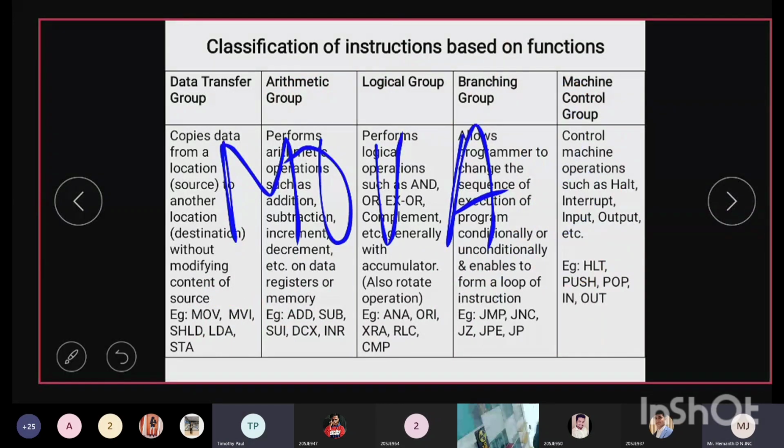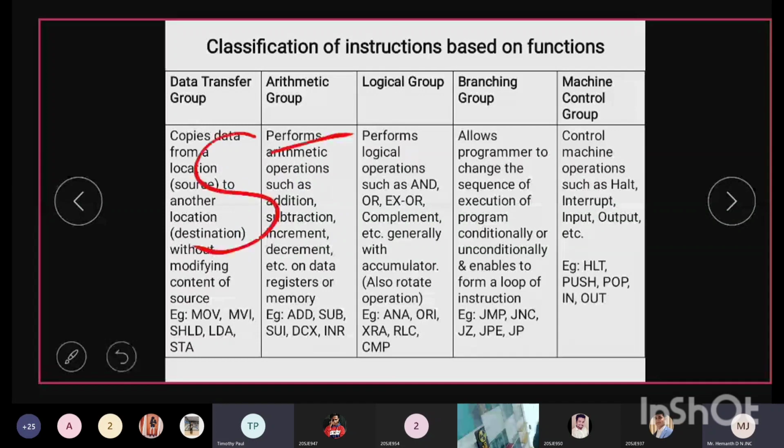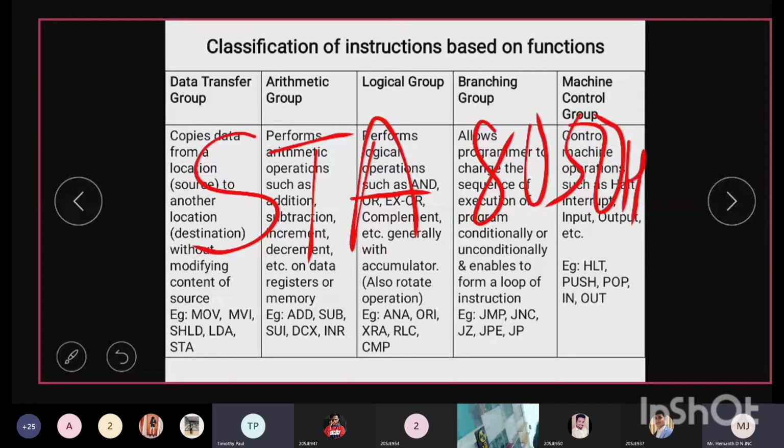Now if we write the same thing as STA 8050H. Got it? So this is one instruction, that is STA 8050H.